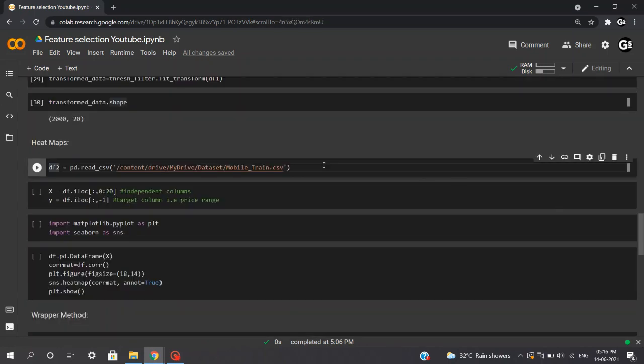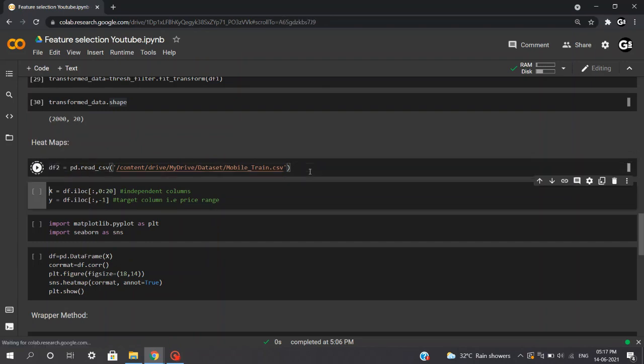Now coming to the next part, we know that correlation between the output observations and the input features is very important, and such features should be retained. However, if two or more features are mutually correlated, they convey redundant information to the model. To find this, we'll be using heat maps to see the problem of multicollinearity between our features. For that purpose, yet again we'll be using our mobile classification data and saving it in our new variable, say df2.